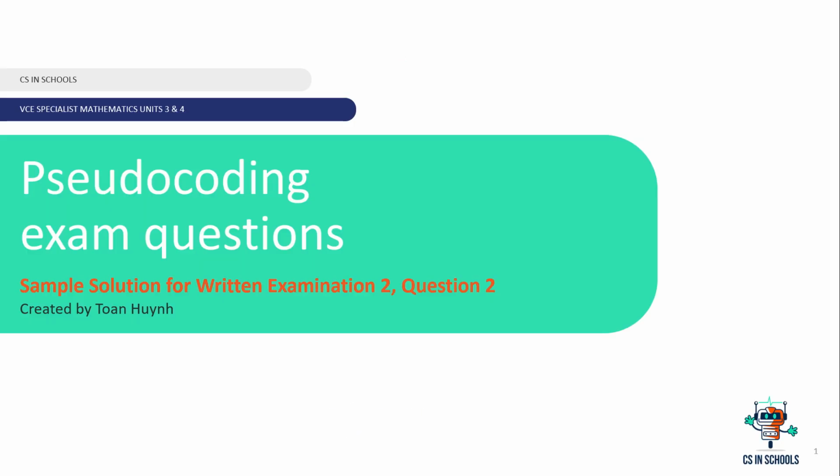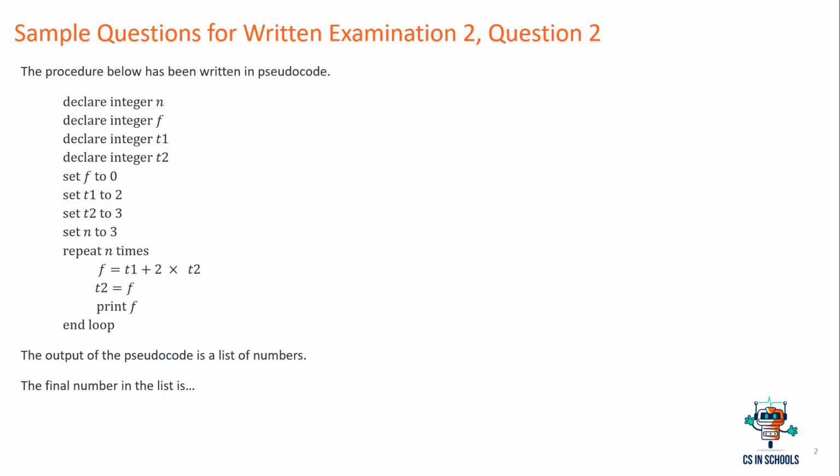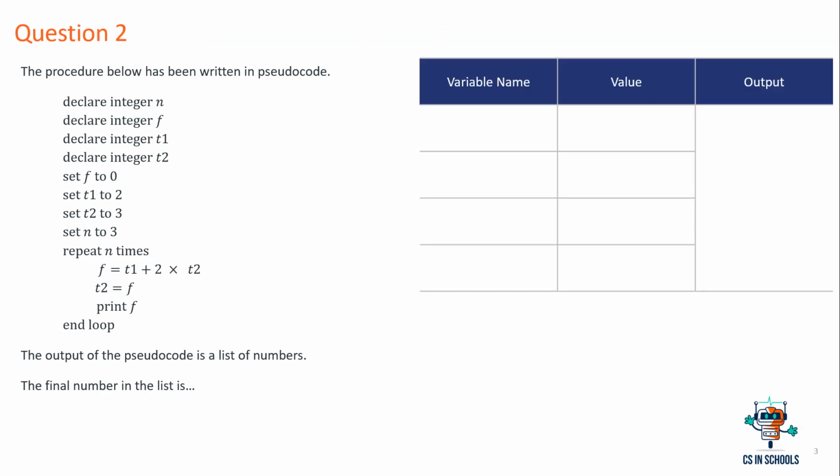Hello everyone, in this video we'll be stepping you through a sample solution to question 2 from the sample questions for written examination 2 for VCE Specialist Mathematics. The question provides a procedure written in pseudocode. The output of the pseudocode is a list of numbers and we are asked to determine the final number in the list. So what we're going to do is construct a trace table on the right hand side of our